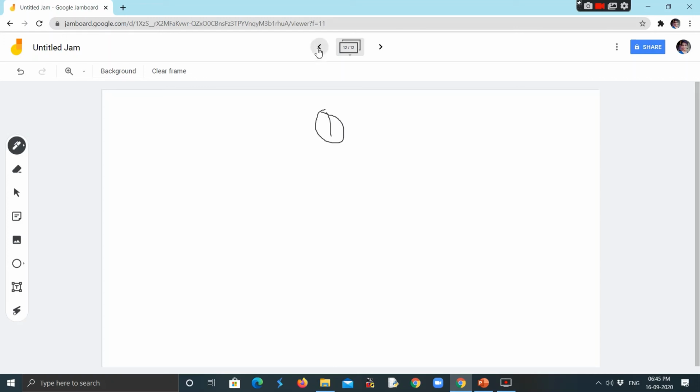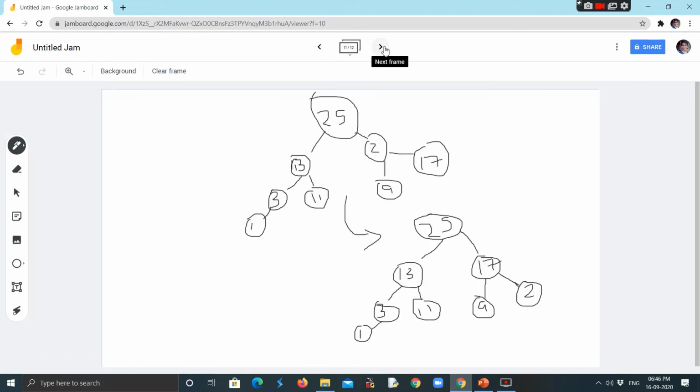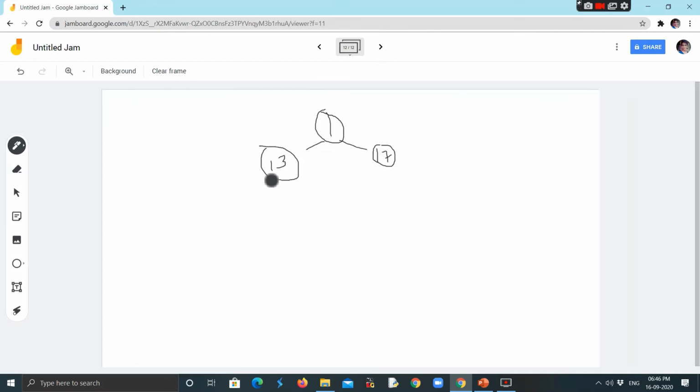What we get here is 1, and we have 13, 17, 3, 11, 9 and 2. As you can see, it requires heapification because 17 is greater than 1. So what we'll be getting is that